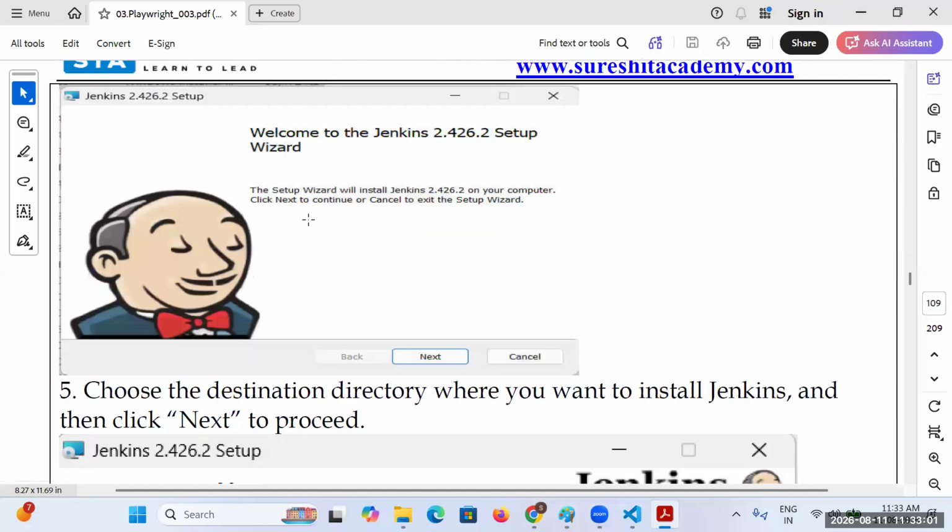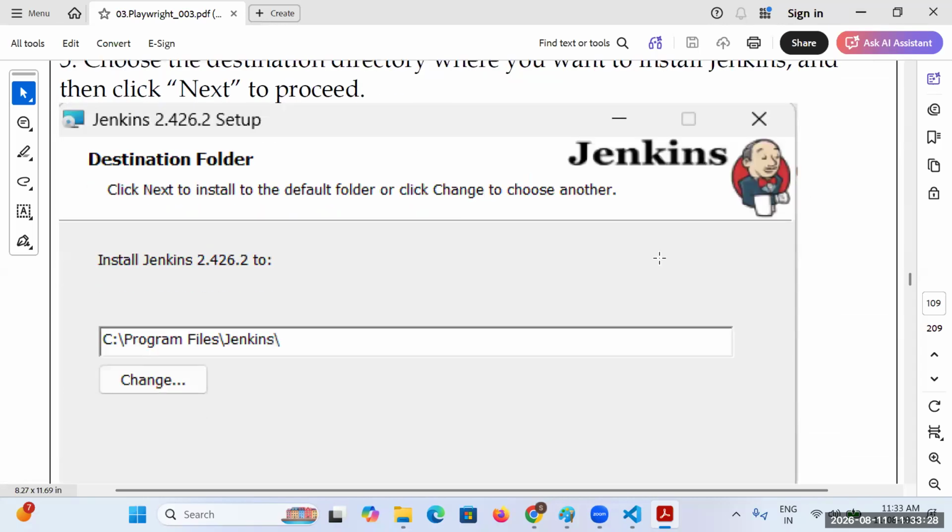Once you download the .exe file, as usual, you just have to double click. Once we have done the double click, it will continue the installation.